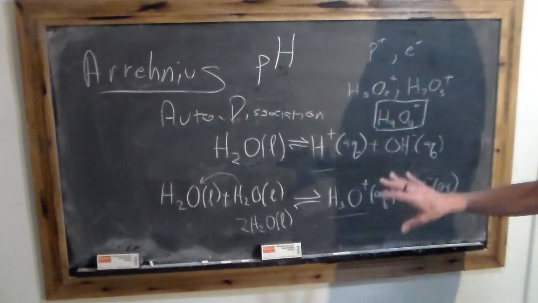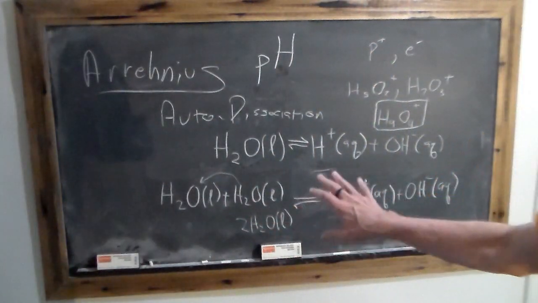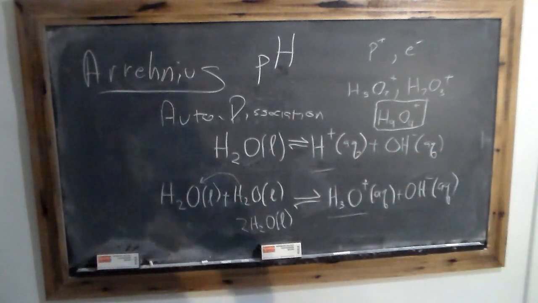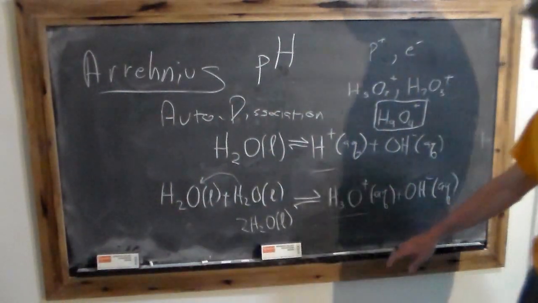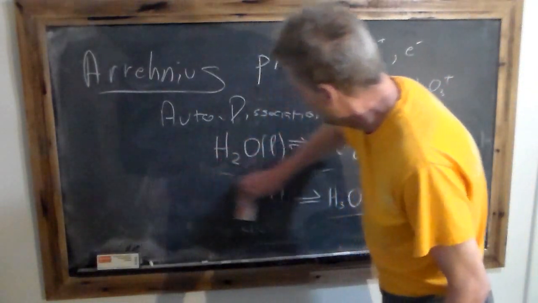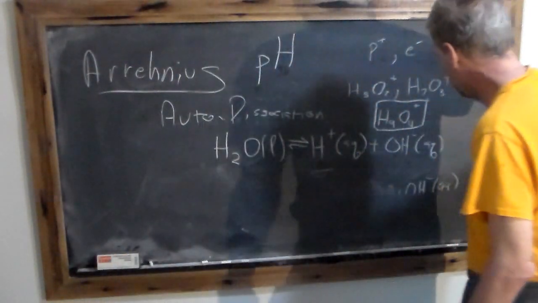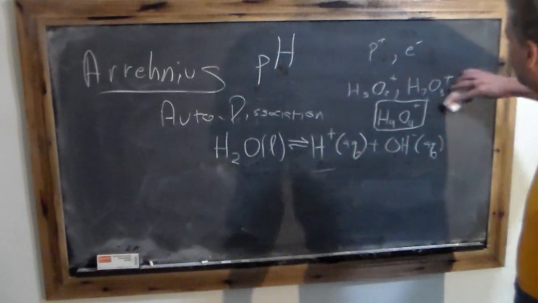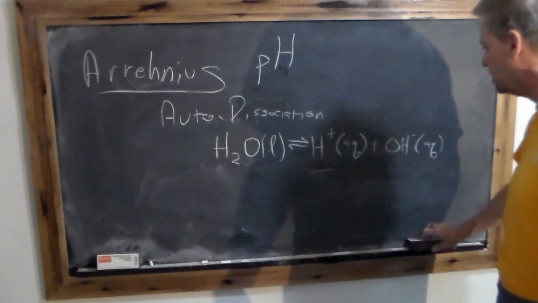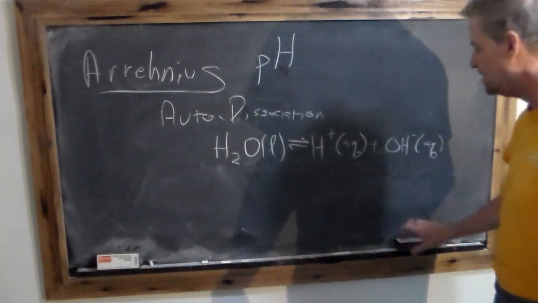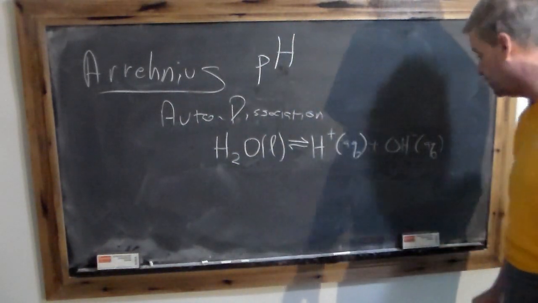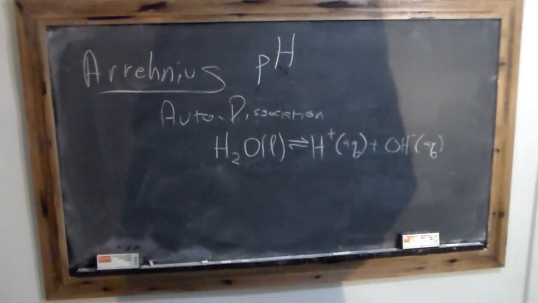This is just a representation of the hydronium ion. And if H3O+ is no more correct than H+, why am I complicating the picture with an extra water molecule? There's no reason for it. It is no more correct. So therefore, I choose to represent my hydronium ion as H+. I recognize that is not the way it really is, but I also happen to recognize that the normal way hydronium is written is not correct either. Okay.